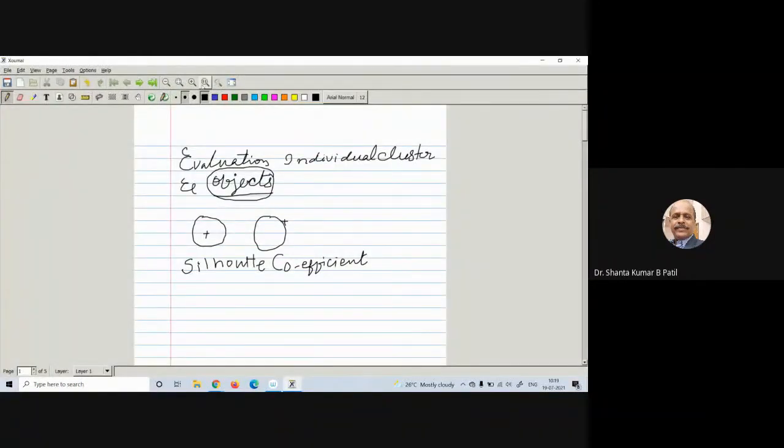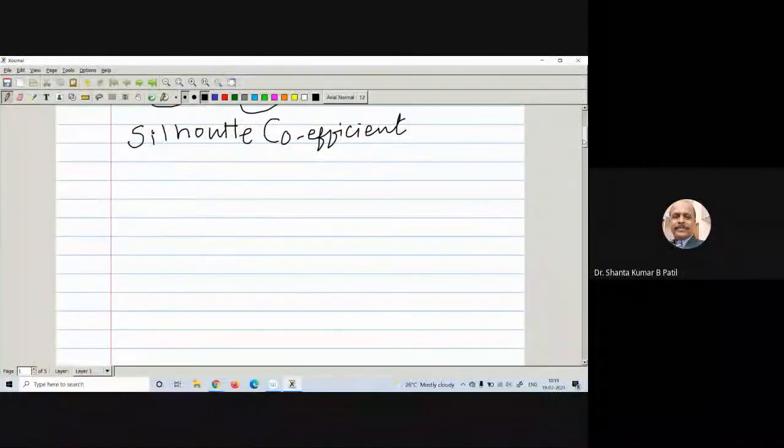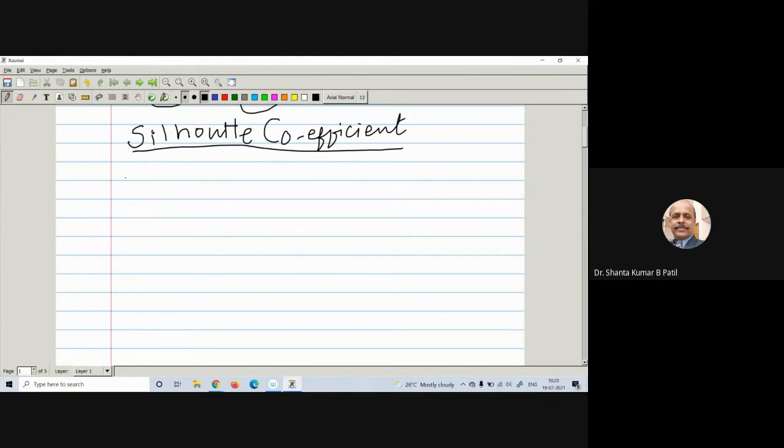he uses three parameters. We will see what these parameters are. In order to evaluate, the Silhouette uses the following three steps. The first one is very important. Please understand these steps, then only you can easily evaluate the cluster and object. If you go deeper and deeper and evaluate the objects of the clusters, then definitely the cluster produced is the best one.